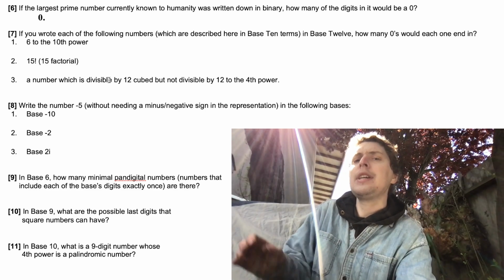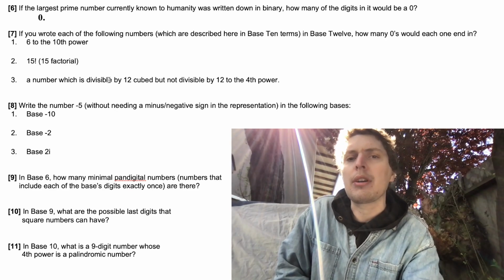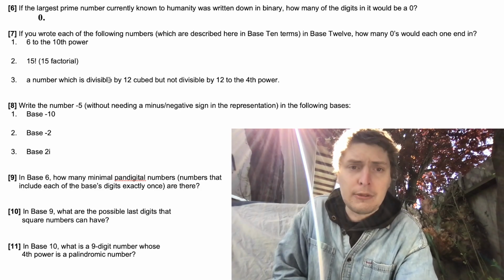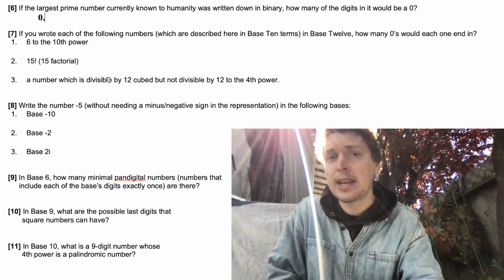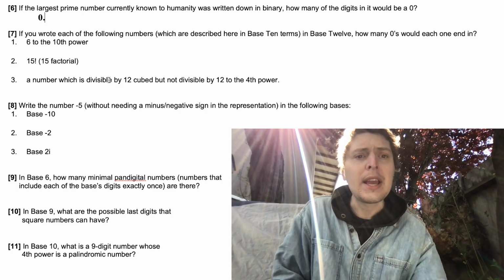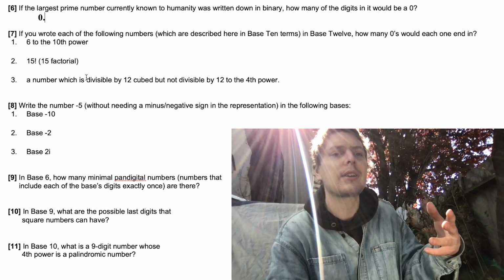It means for each 0 you end in, you're divisible by a power of 12. So if I have 1 0 at the end, I must be a multiple of 12. If I have 2 zeros at the end in base 12, I must be a multiple of 12 squared. And if we follow that logic, we can see that for the third part of it,